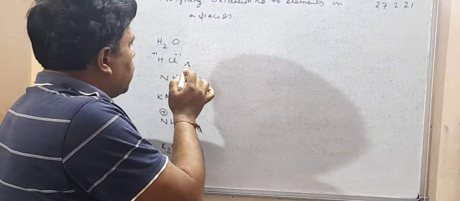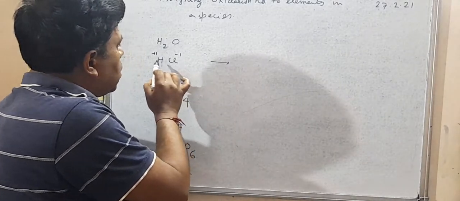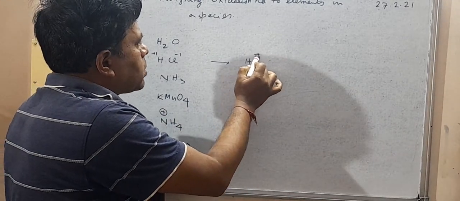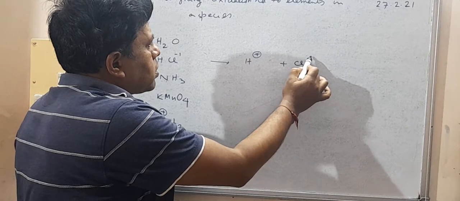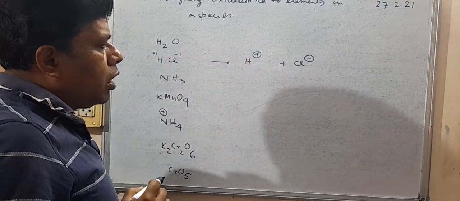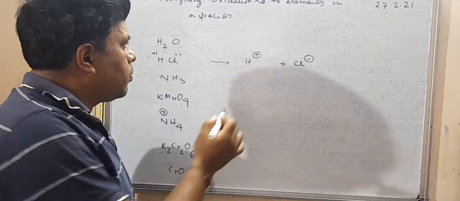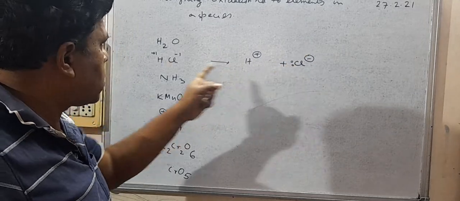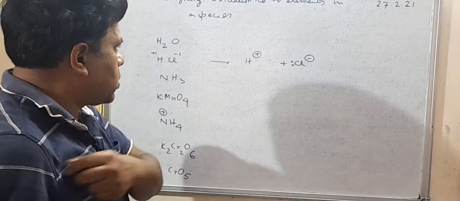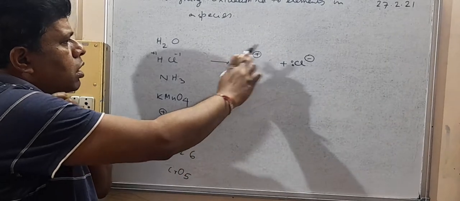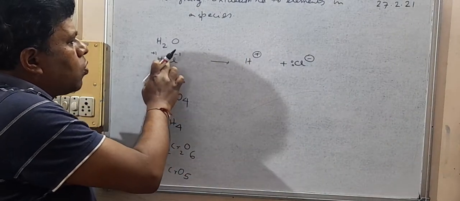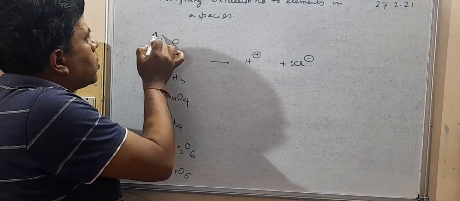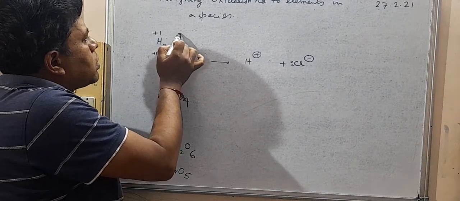Because when we imagine this HCl molecule to be separated, it becomes H plus and Cl minus. There occurs a heterolytic fission, and the pair of electrons comes onto chlorine. That's why it becomes Cl minus, and H becomes H plus. And we say the oxidation number of hydrogen is plus 1 here, and of chlorine it is minus 1 here. In this way, the oxidation number of hydrogen in water is plus 1, and of oxygen it is minus